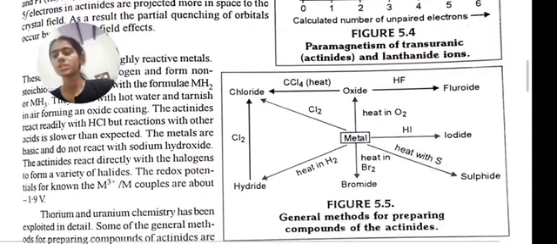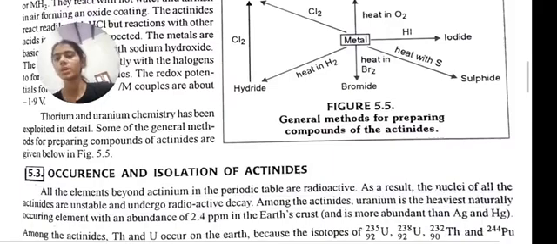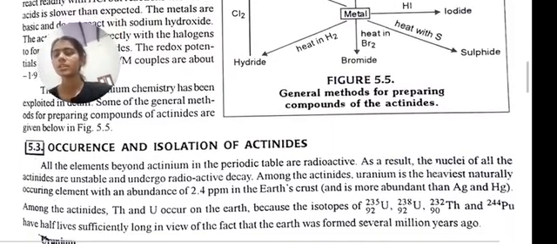The redox potential for the known M3+ couples is about -1.9 volt. Thorium and uranium chemistry has been exploited in detail. Some of the general methods for preparing compounds of actinides are given below. Occurrence and isolation of actinides. All the elements beyond